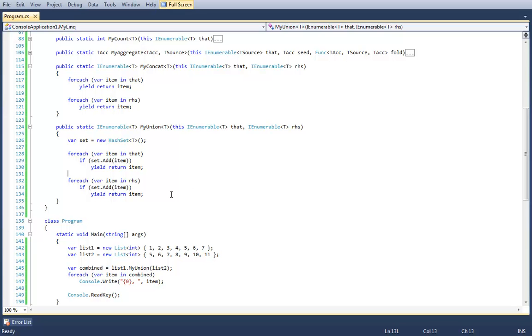Well, it's doing that by looping through both of these enumerables and determining by doing HashSet.Add if those items already existed. Because HashSet.Add does two things. It adds the item to the hash set, but if the item already exists in the hash set, it returns false. If the item doesn't already exist in the hash set, it returns true. So if the item doesn't exist yet, then yield it. Otherwise, skip it. It's more appropriate to call this a set because that's exactly what it is.